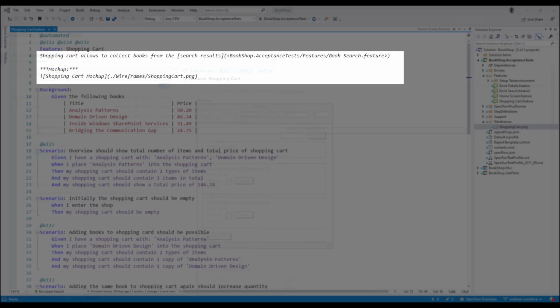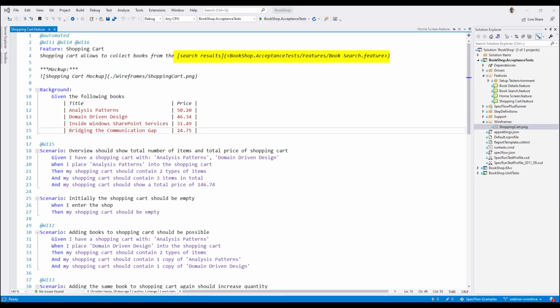We can see here in the feature file that Markdown can be placed between the feature and the scenario. Note the location of the linked feature file is defined by your folder structure. Same applies to the embedded image. The path to the image can be specified as a relative or absolute path. You can also embed images stored externally, such as on a website.